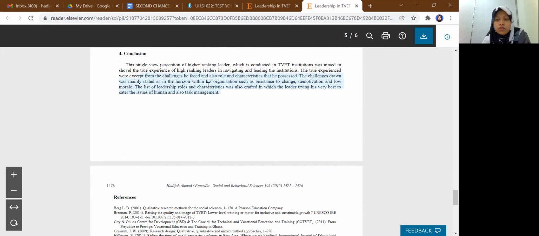And lastly, on conclusion, when you read your article, you find the conclusion, and then you put it here. Challenges, roles, and characteristics of TVET leaders are tougher, for example, and to position TVET, leaders play a vital part, especially in communicating and conveying the message of the advantages of TVET education. All right, so this is the example of how to do a metric comparison on your CID project.